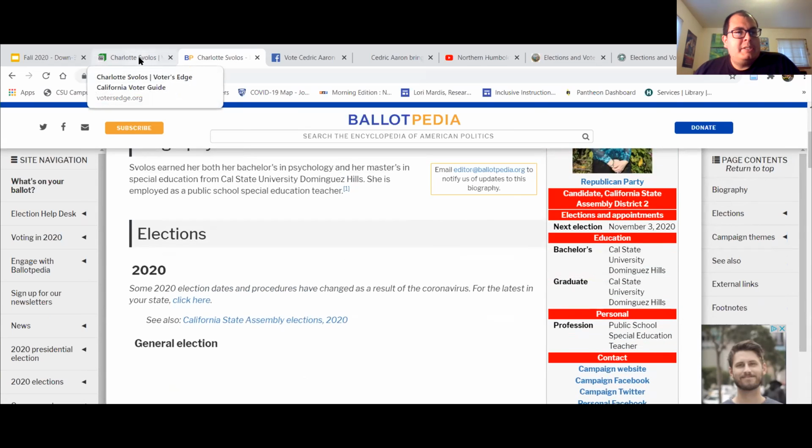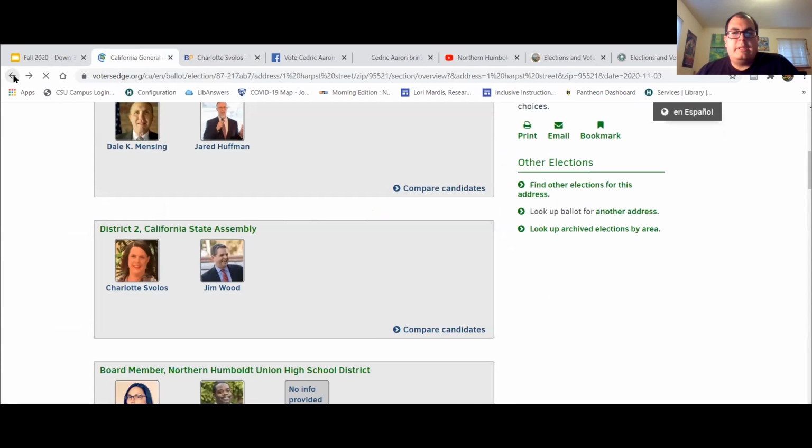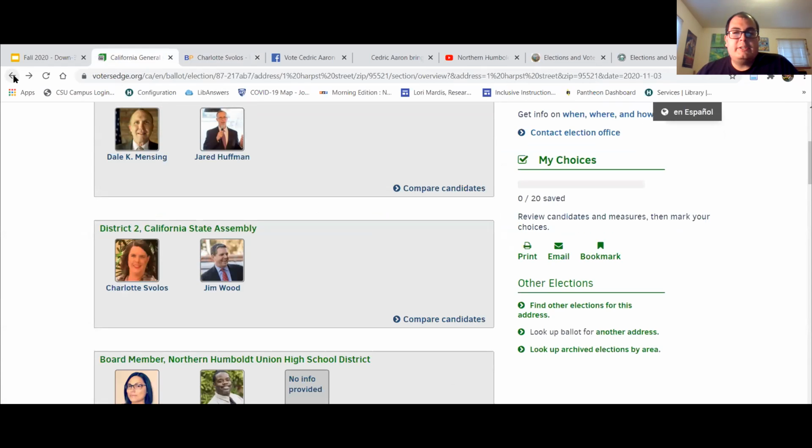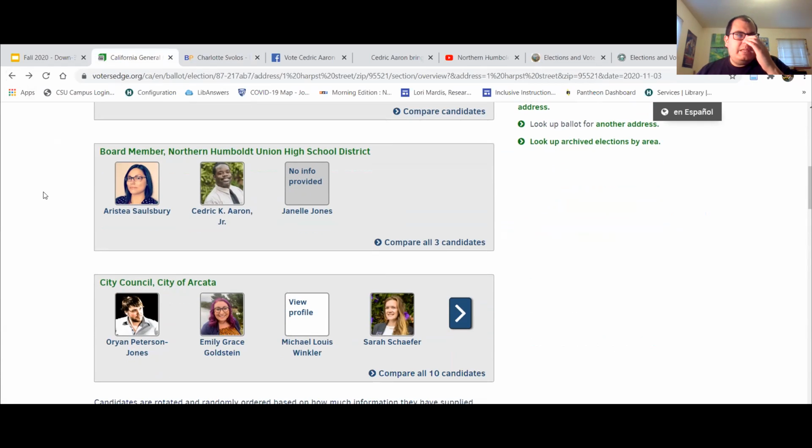Okay, so I'm going to go back to my Voter's Edge because I'm still using this to determine what I'm voting on. So again, I'm going to go down the ticket and see what else I'm voting on. So I've done both House Representatives and state legislature for the assembly. Now I'm going to go down a little bit further. Now we get into the Northern Humboldt Union High School District candidates. And so again, we've seen these couple websites with lots of information, but with some of these, there may not be much. So in this case, for example, if I were to click on this candidate over here,